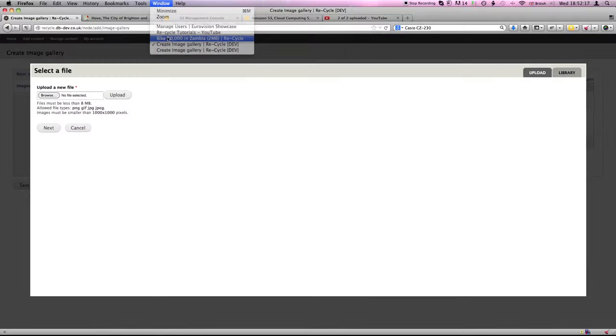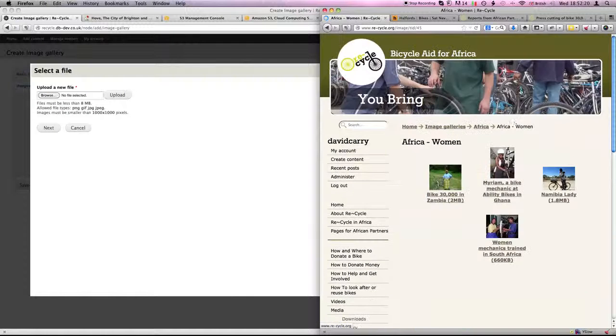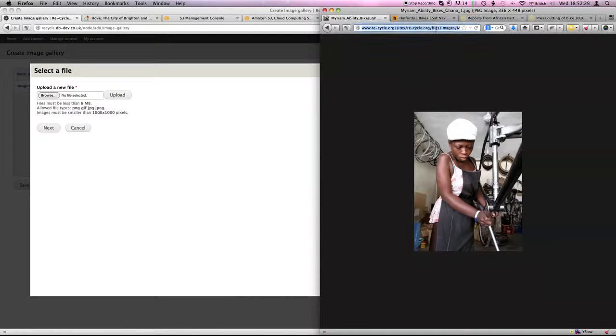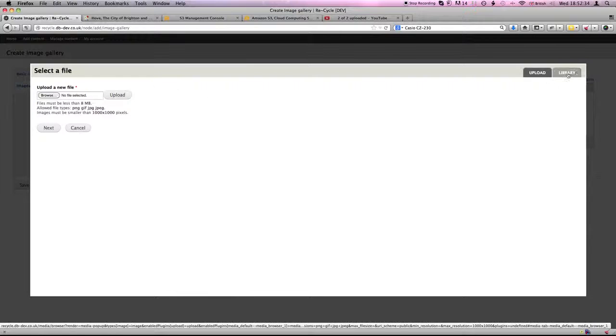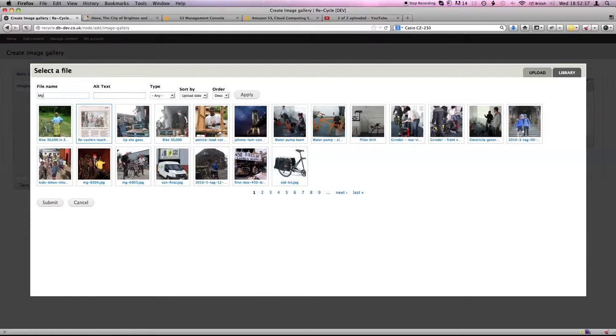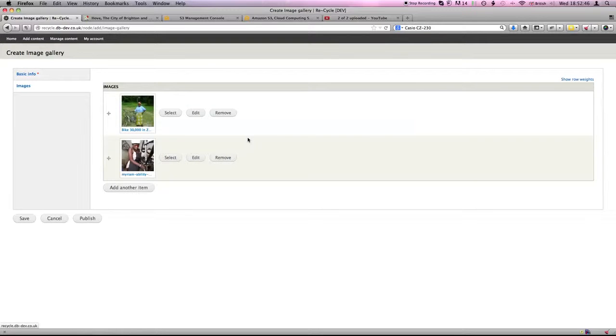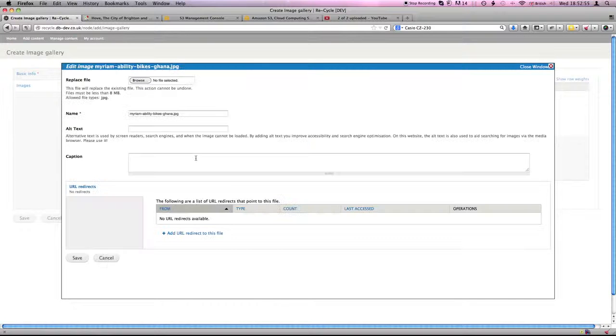I'm going to have a quick look back at the old site again. I'm going to see what the name of this image is, which I'm not getting. I'm going to view it so I can see the URL. It's Miriam Ability Bikes. So if we go to our library, we do a search for Miriam, and there's our image. Again, sometimes it might take a second or two for the edit button to appear, but it will do so. Click edit,